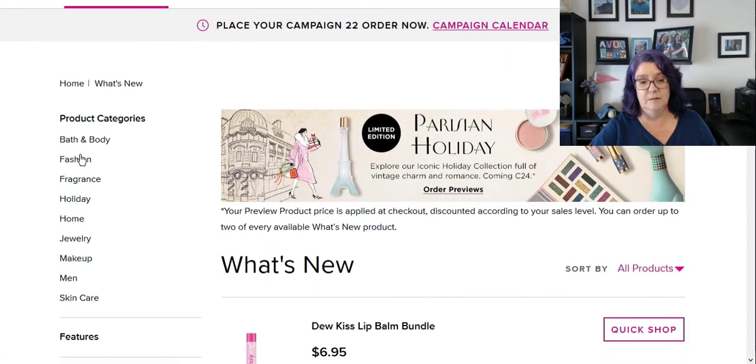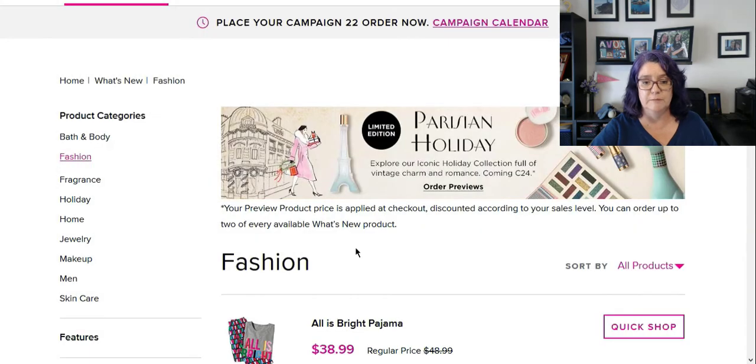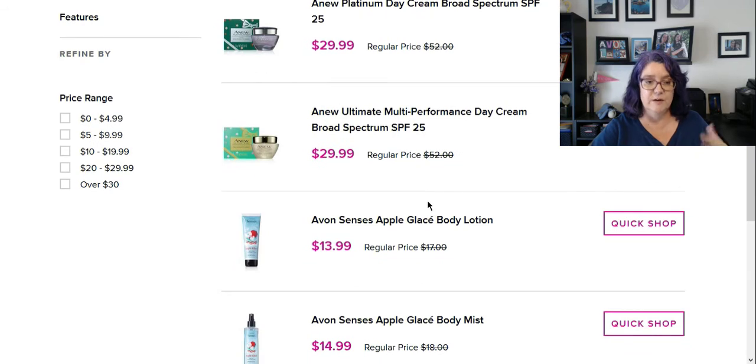But you can refine the view by product category. So I could pull up just fashion or just skincare. So you can refine the search a little bit. You can even refine it by price range. So if you're looking at preview products and maybe you have a budget, maybe you've told yourself, I can only spend